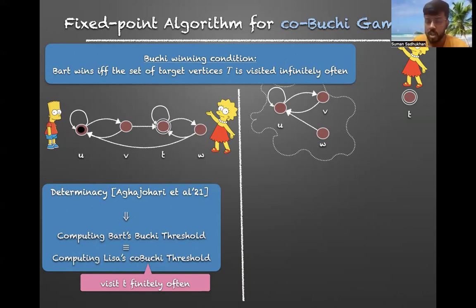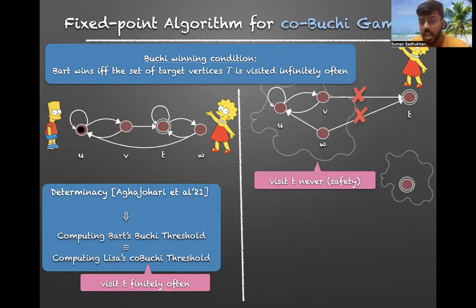So we construct small reachability games. The first reachability game is as follows. Here, Lisa wants to compute the threshold budget so that she can make sure that the game doesn't go to T, which is safety, exactly the opposite of reachability games. If you know how to compute the threshold budget of the reachability game, you know how to compute the threshold budget for safety games. So this we know, and this is the threshold budget that we compute in this game, by which Lisa ensures that T is never visited. And in the next step, we'll compute from T. So we have the threshold budget at U and V and W.